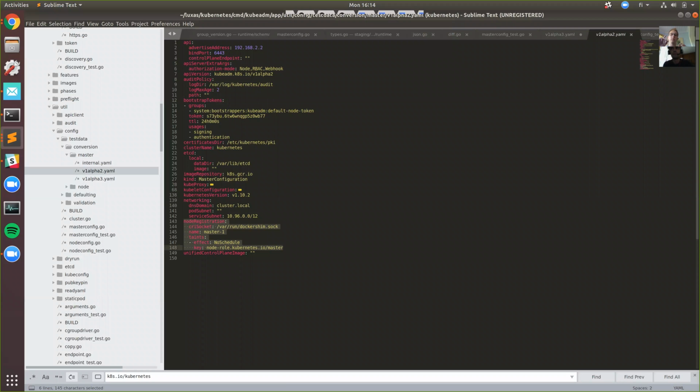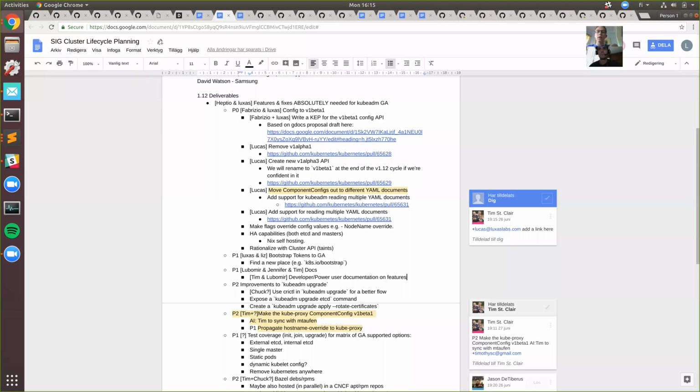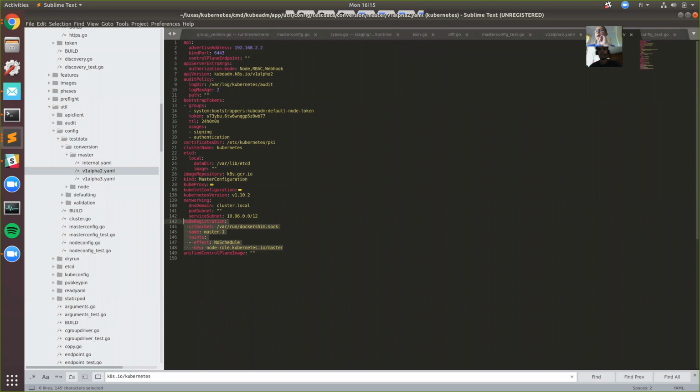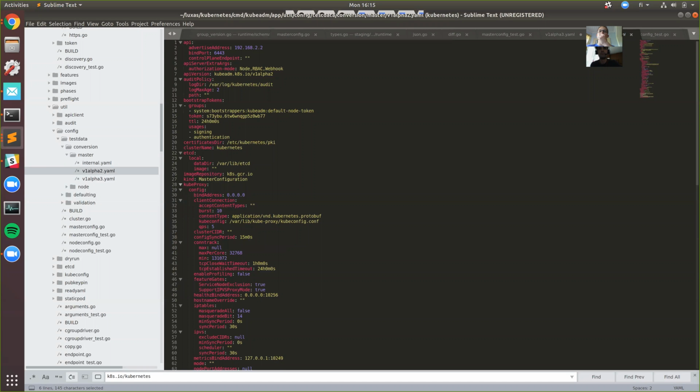Hi, this is a walkthrough on the config changes of the next cycle. I'm Lucas, and with me I have Russ. We're gonna talk about this and see what it's all gonna look like, hopefully in the end of the 1.12 cycle, so we can make kubeadm GA. With regards to the configuration of today, it's already been cleaned up a bit, but still we have